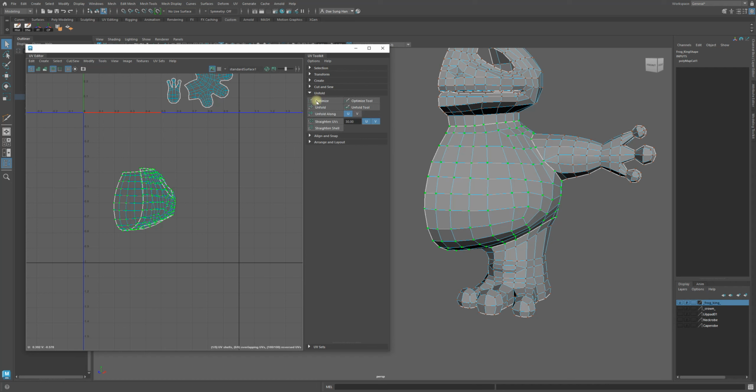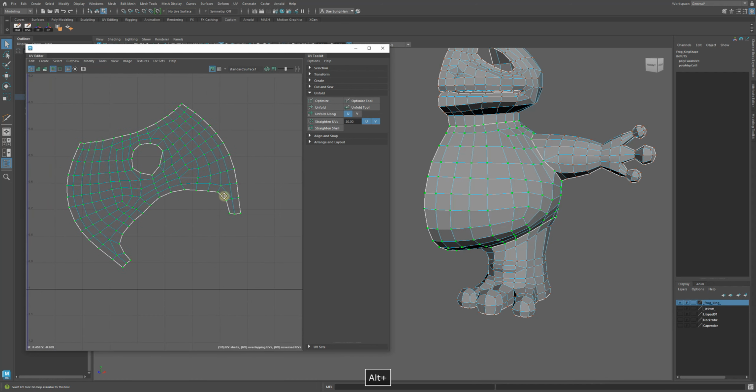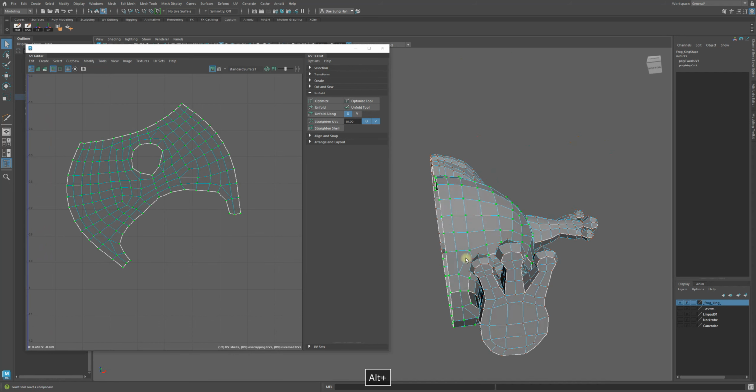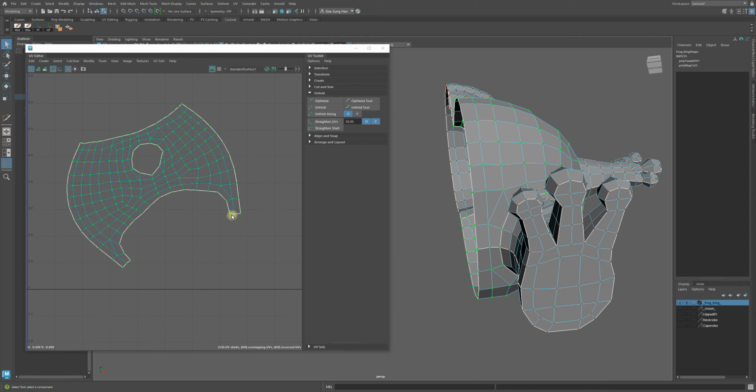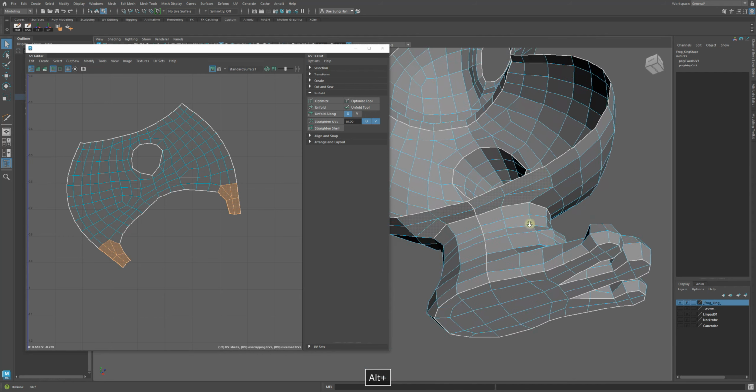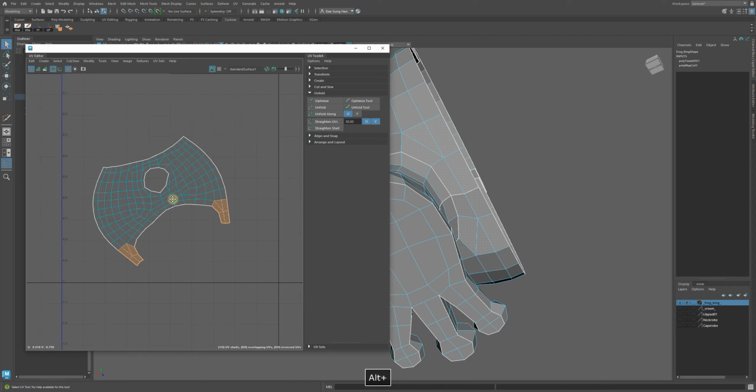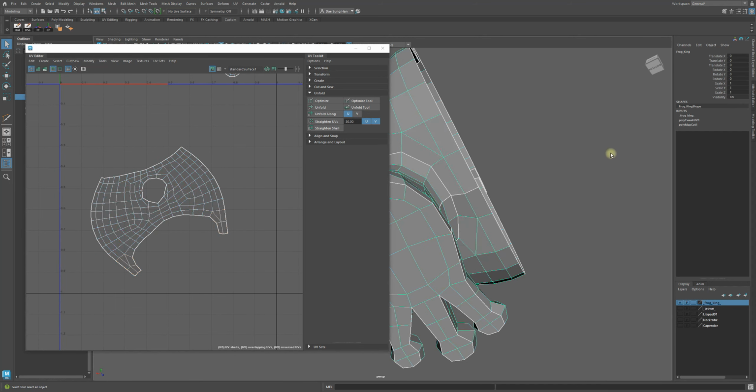I'll go to unfold, I close everything else, open unfold, tab, and press unfold. Now you see over here it unfolded. This is actually not bad, and it cut at the bottom here, crotch area, see? So when you cut it, it gives the opportunity to unfold nicely. I'm just trying to show that section right here, okay? And then so I did all of that,